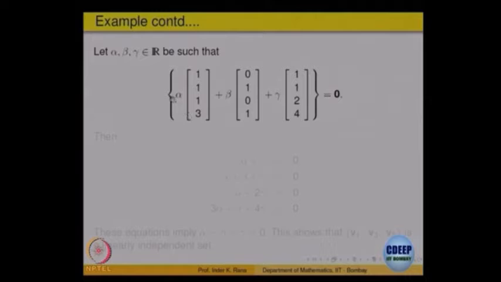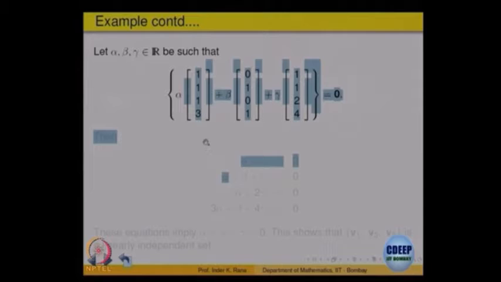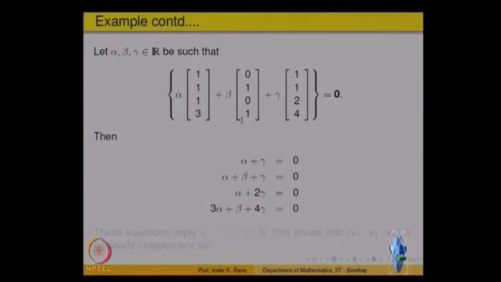So basically what we are saying, look at the linear combination of the 3 vectors, alpha times the first one plus beta times the second one and gamma times the third one equal to 0. What will give me? Alpha into 1 plus beta into 0 plus gamma into 1. So the first equation is alpha plus gamma is equal to 0. So write down the system of equations now, right. So these are 4 equations in alpha, beta and gamma. Find out solutions of this, right. You can check, see alpha plus gamma equal to 0 will give you this is equal to minus, put the value here and solve it.